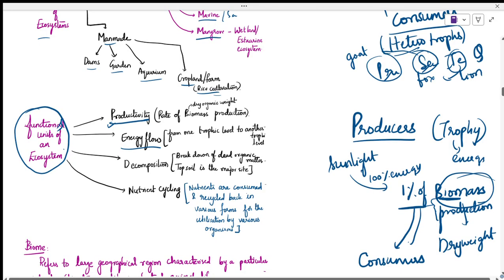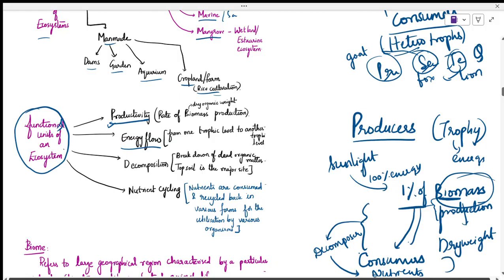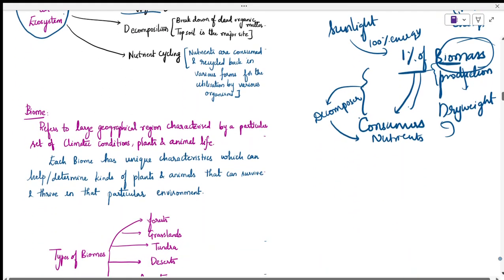Then these consumers and producers will die, and both, which have biomass, will be eaten by something called decomposers or saprophages. Then those nutrients will again go into soil. Then it will make a cycle. So we'll be looking at different nutrient cycles like sulfur cycle, water cycle, oxygen cycle, methane cycle in